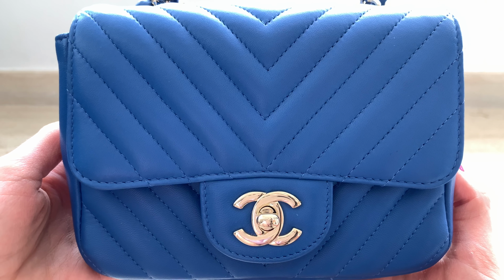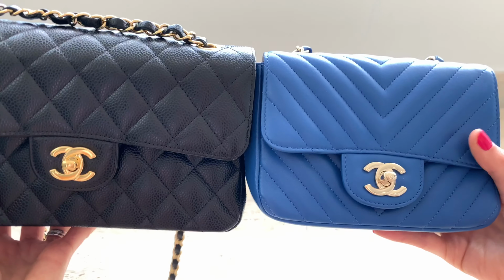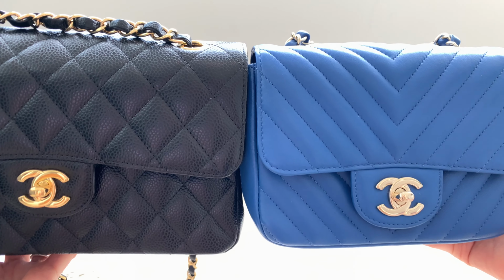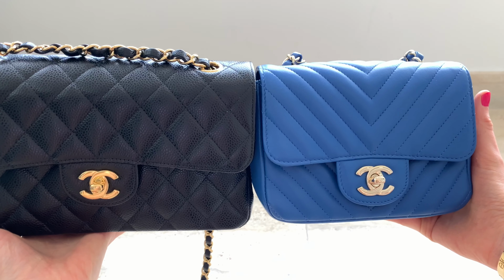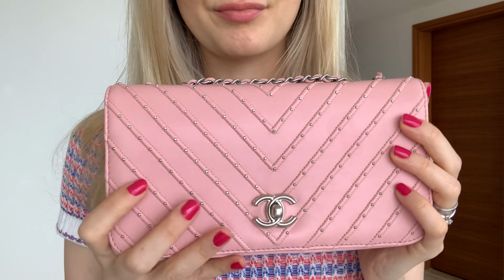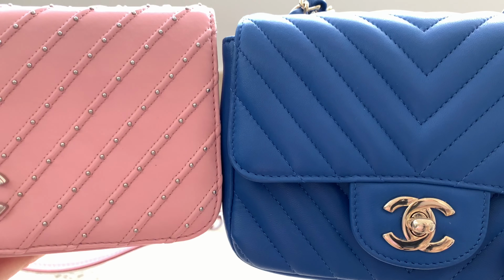It looks a lot softer and it's shinier than the Caviar leather. Many people actually prefer lambskin over Caviar, but I talked a lot about it in the other video. And there is another type of lambskin which I will show to you. This bag is also made of lambskin, but it's matte, it's not shiny at all, and you can see here